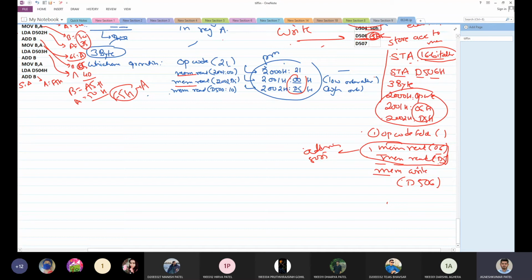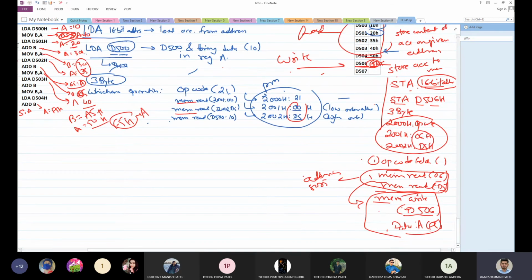Okay, so though it is a memory write operation, there are memory read operations inside, and at the end the last cycle will perform a memory write, and it will be D506. And what would be the data? If I talk about the timing diagram of this instruction, what would be the data during this execution? The data would be the content of accumulator, or here you can say F5 would be the data, and as soon as you write STA, the content of D506 will become F5. Okay, so F5 will come here automatically.